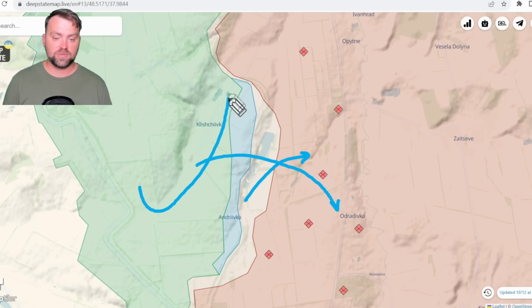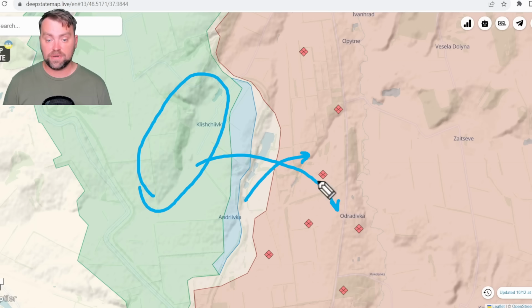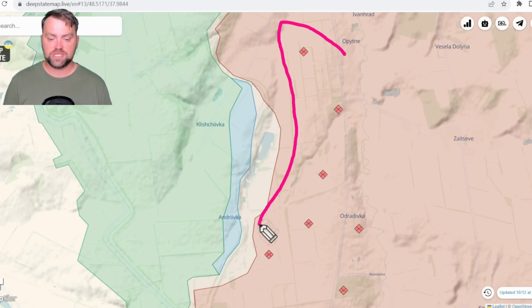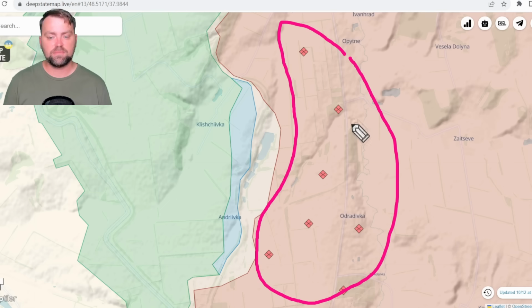That is what they did over here before Klishivka, but this task is not unreal. So Ukraine will continue to push towards this side, towards Avdiivka and towards Opytne. I'm sure about this. As for Russia, they still possess resistance in this area, but they moved some of the forces to other parts of the front lines, for example near Avdiivka, where they are ready for the full-scale attack once